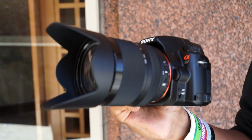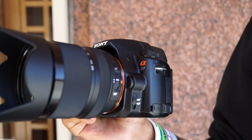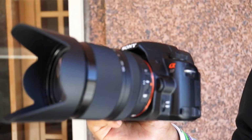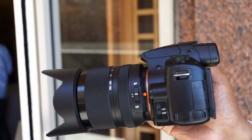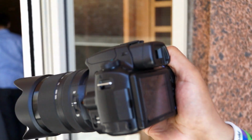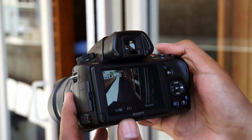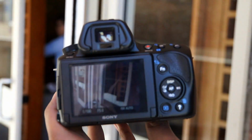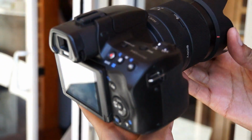Sean Hollister with The Verge, and I'm here with Nate Ralph, as well as Sony's new translucent mirror interchangeable lens camera, the Sony Alpha A37. This one here has a 16.1 megapixel sensor and 15-point autofocus system, same as many others on the Sony Alpha line, and in fact it's also the same as the camera I'm holding to record this footage with, a Sony